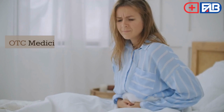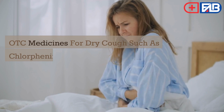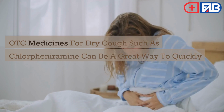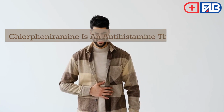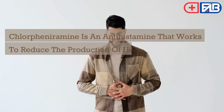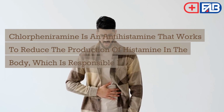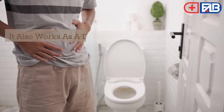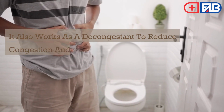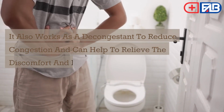Chlorpheniramine. OTC medicines for dry cough such as chlorpheniramine can be a great way to quickly relieve the symptoms of a dry cough. Chlorpheniramine is an antihistamine that works to reduce the production of histamine in the body, which is responsible for the inflammation and irritation that cause dry coughs. It also works as a decongestant to reduce congestion and can help to relieve the discomfort and inflammation that result